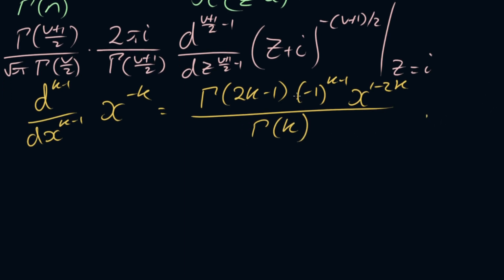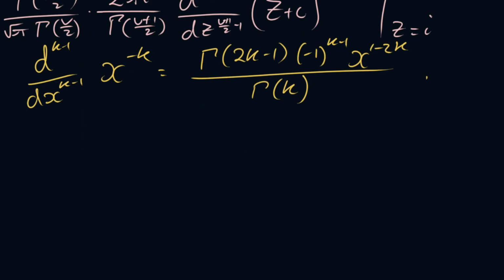So we can actually just use this where x is z plus i, or we could even do this little bit of algebra here. This simplifies to 2 pi, sorry, we got the root pi and the pi on top, so we can write this as 2 root pi i over gamma of nu over 2, because these two factors cancel, times